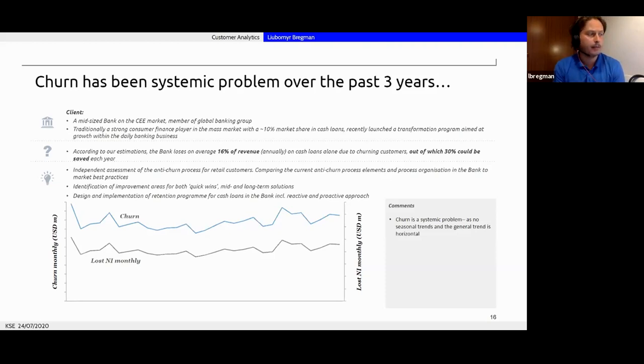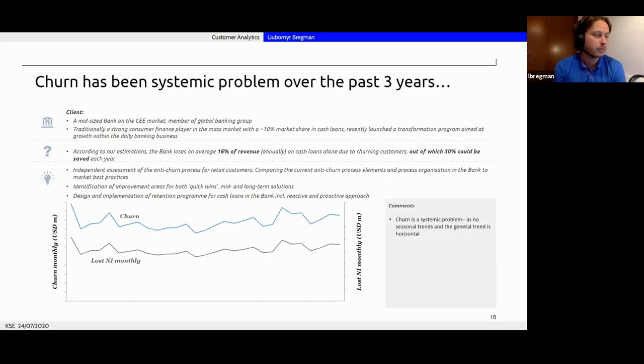And so they started to notice that their revenue had started to decline a lot. A pretty simple churn analysis, where we just started to check why people don't use cash loans anymore, showed that 30% of that amount actually could be saved.